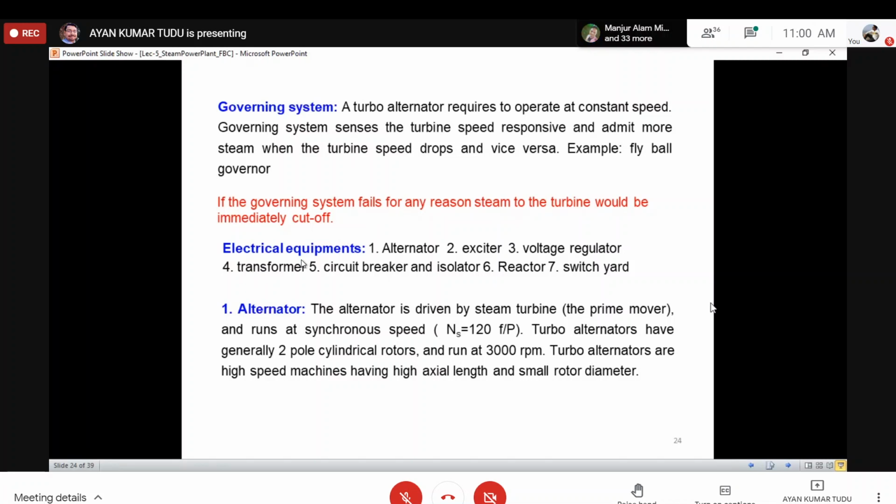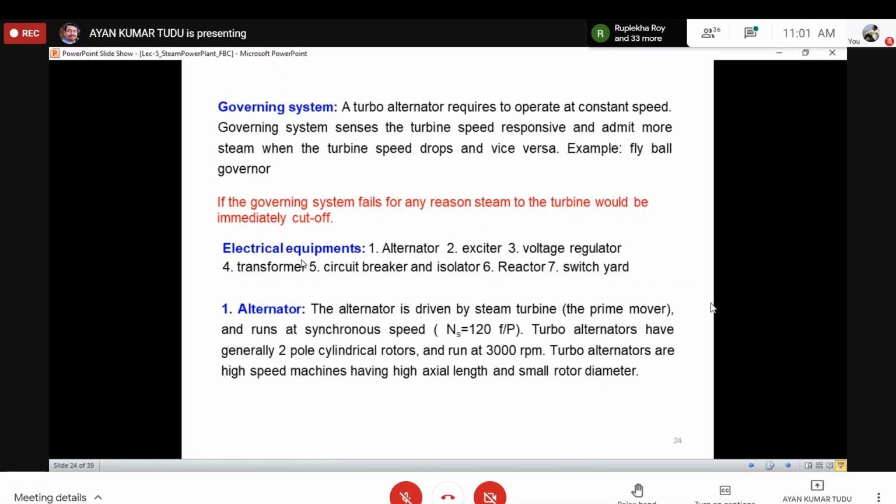Okay. So if that is the case, since initially the increased load is supplied from the stored kinetic energy of the generator rotor, the speed of the rotor will be decreasing. If the speed of the rotor is decreasing, that is sensed by the flywheel governor mechanism. Okay. And that decrease in speed will be sensed by the flywheel governor mechanism.